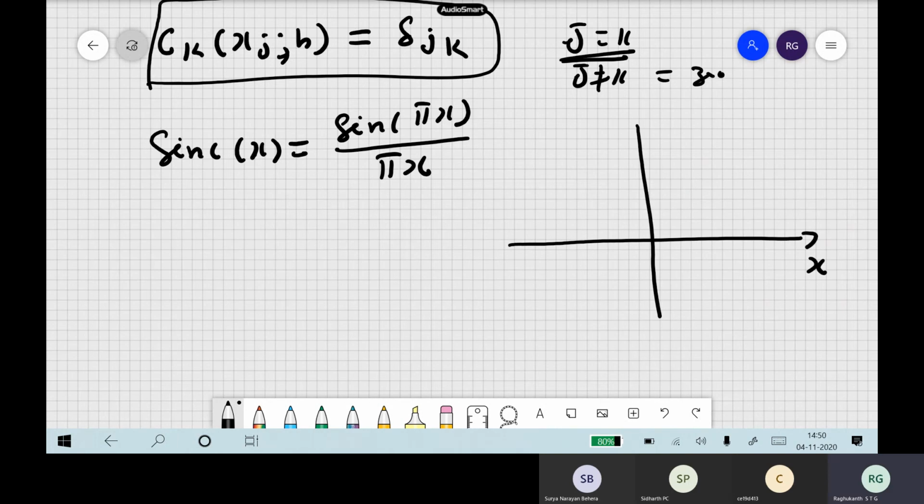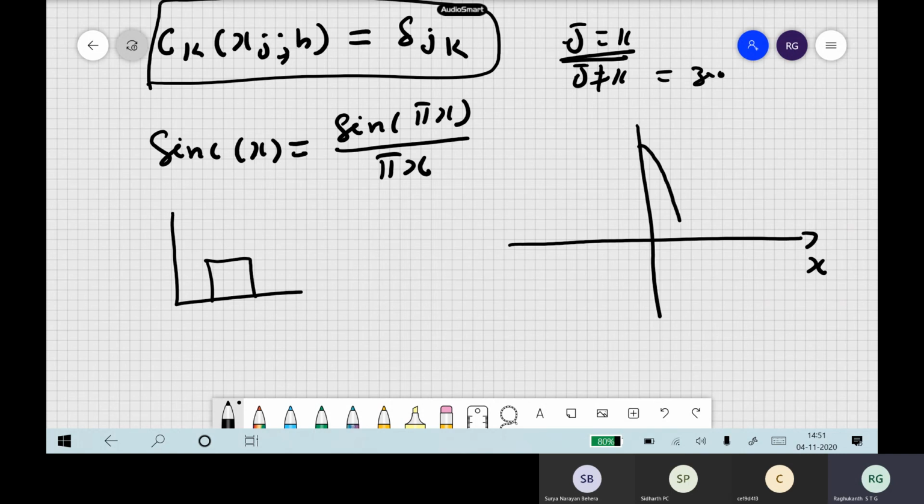So if I plot this function, a sinc function, how does it look? See, in our engineering seismology also we have seen these type of functions. Where do you get them? You remember previously when you take the Fourier transform of a step function, what did we get? You get these type of functions. So how does this function look?